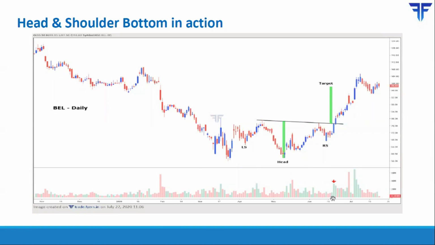Again, you would be wanting to see how the volume is evolving. If the break is accompanied by an expansion in volume, your conviction to trade will be much higher than if the break was accompanied by less volume.